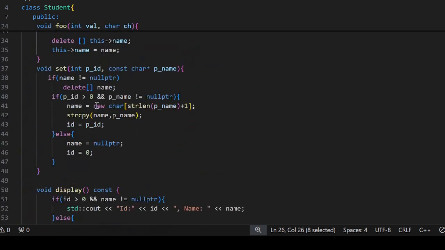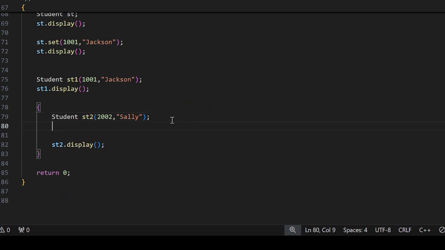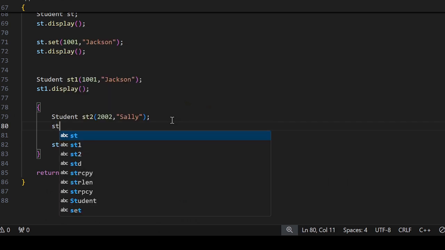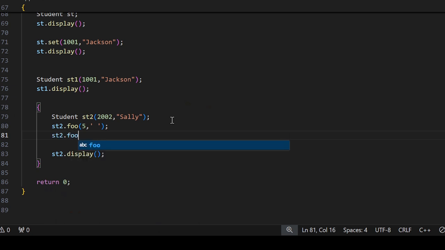So let us use this function. Here I have this object with 2002 and Sally, and let me call that function that I created, foo, and pass, let's say, 5 and space and st2 foo. Let me add 2 and 2 0. After that